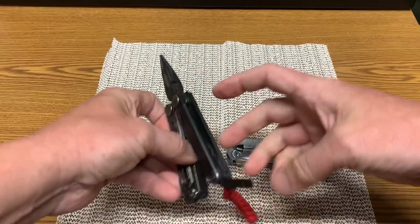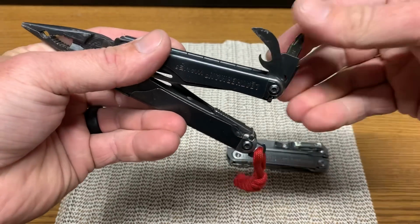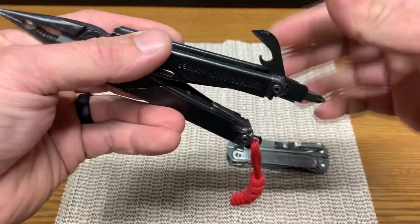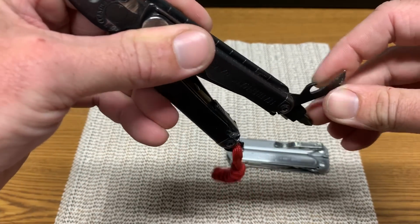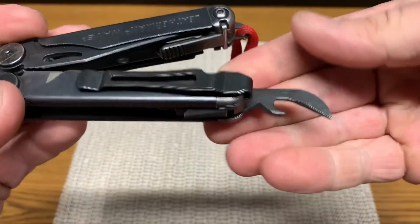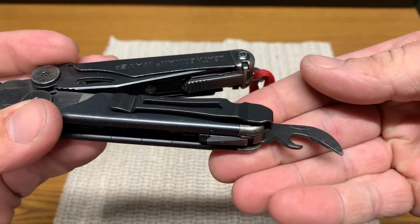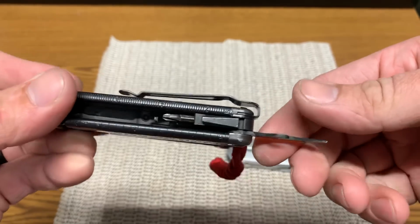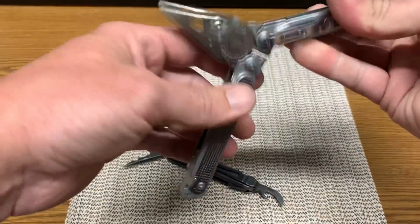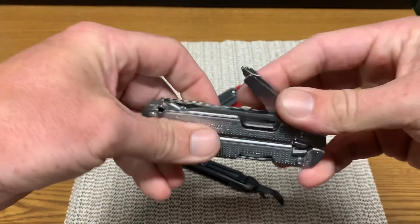So that's great. We go to the other side, to here, and we've got the can opener / bottle opener, the bit exchanger, and the wire stripper. A lot of people don't realize that that's a wire stripper. In fact, many people just use the pliers, which I do many times, but I also use this wire stripper quite a bit. So on here, comparing it to the Wave,